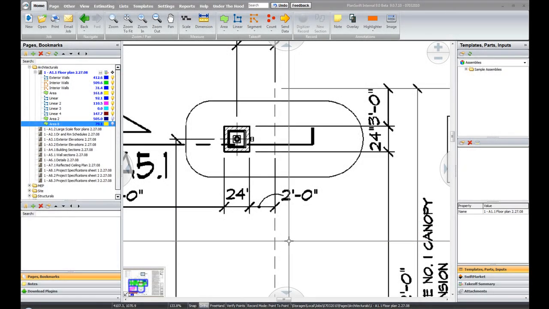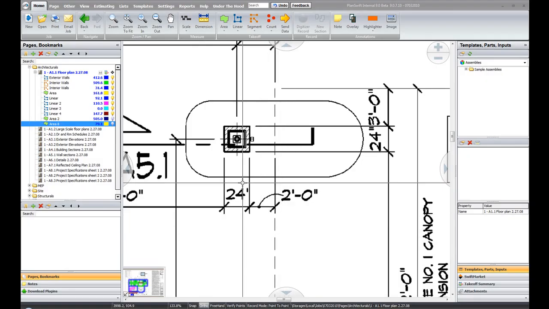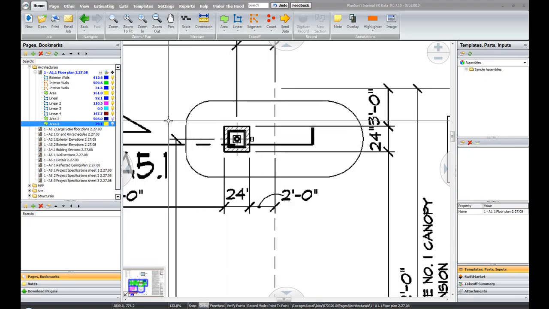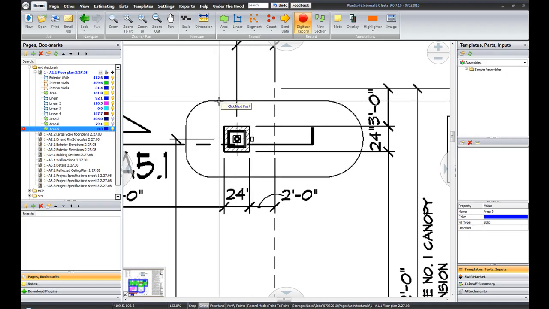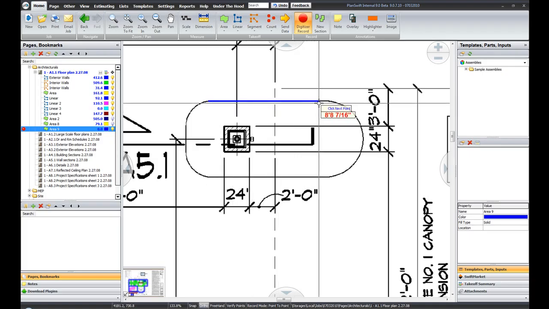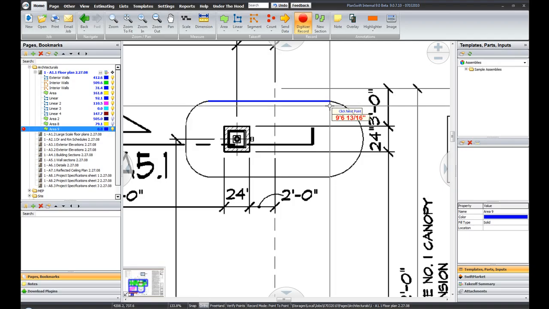To do a takeoff on an item that has a radius edge or an arc to it, it's quite simple. Just going to demonstrate that with the area tool here. What you're going to do is start digitizing, and I'm just going to start on my straight length, and I'm